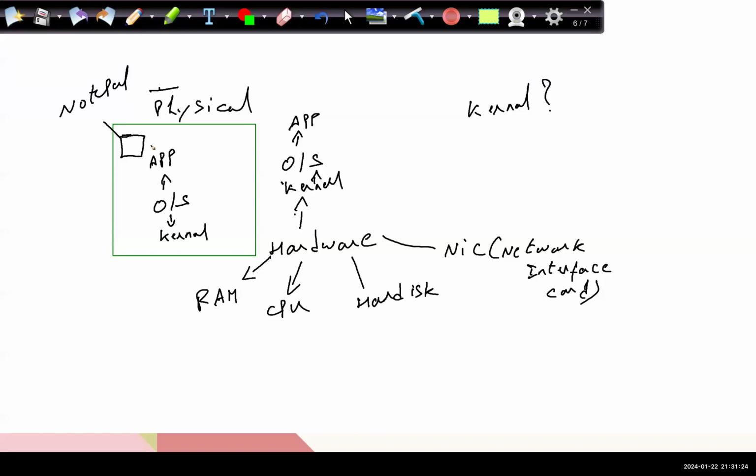As soon as I double click, my application sends instructions to my operating system saying that this is my program, the user wants to open this, right? My operating system code will take that instruction and say that because my notepad is actually stored in the hard disk here. That is where you install it, right? Notepad is here, right? So what happens here is,